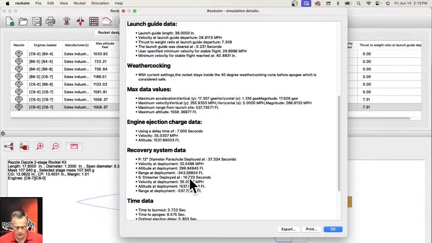Now the streamer was deployed at 10 seconds, so it was actually ahead of the parachute. And the velocity of the rocket when it was deployed was 37 miles per hour. So it was moving pretty slow, almost similar speed. And it's pure coincidence. It was arcing over the top, and it was just starting to come down when that streamer popped out. And when it popped out, it was going 35 miles an hour. And the altitude at that point was 1,537 feet, and it was upwind